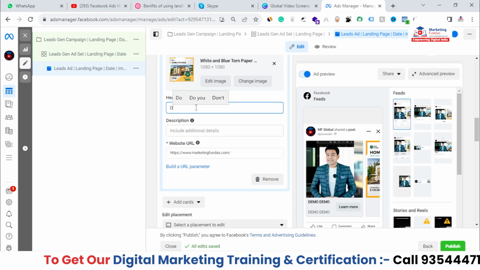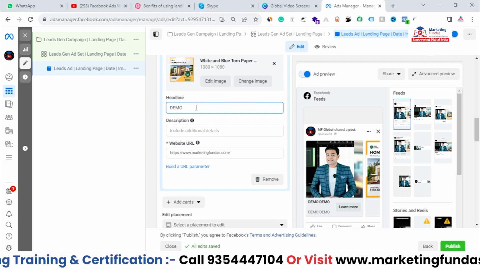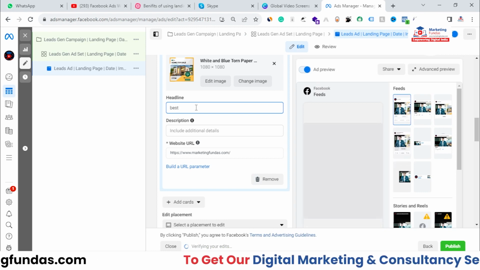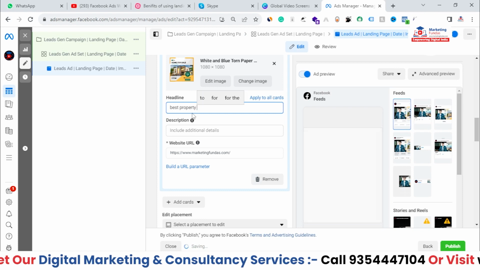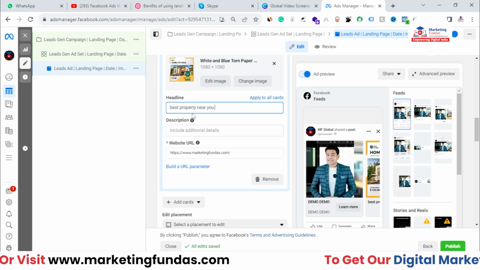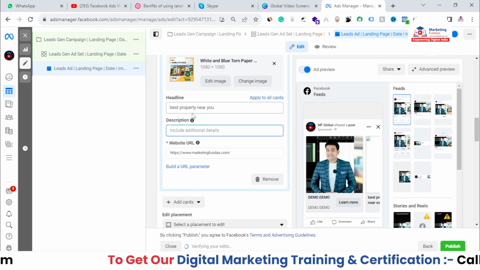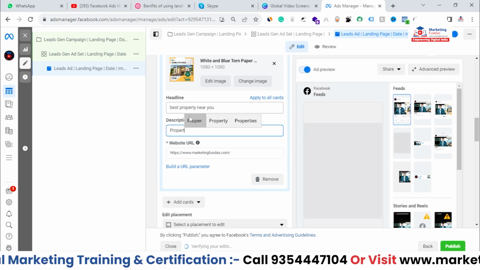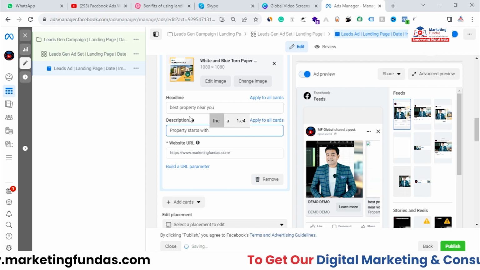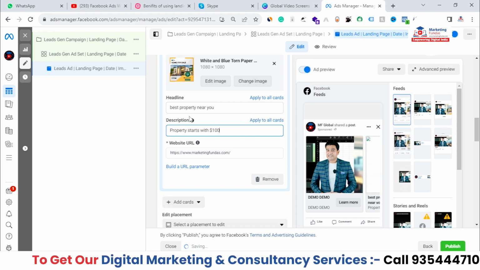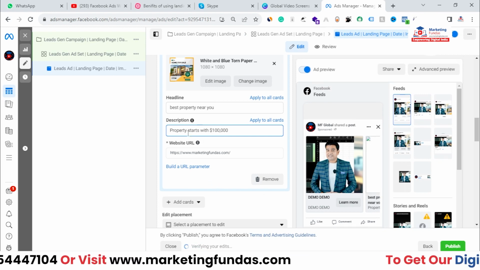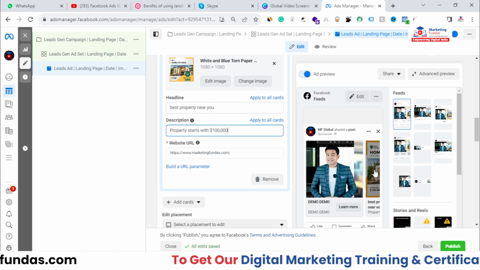So this is a property creative, so I'm adding best property near you, so that you can get an idea, right? And in headline, property starts with $100,000. So this is the price I have given, and these are basically the headline and the description for specific